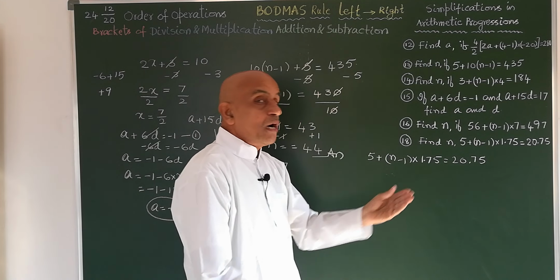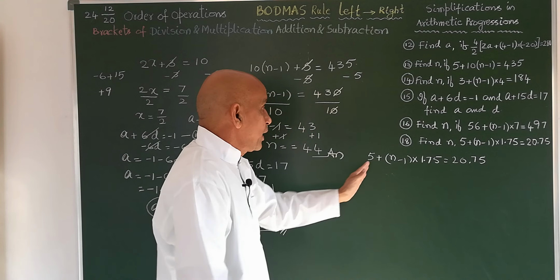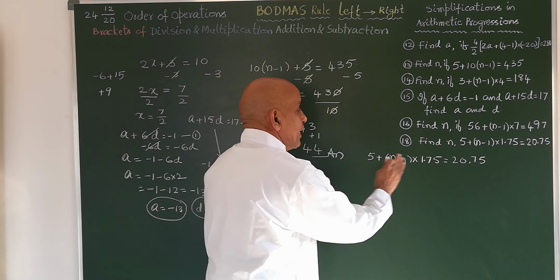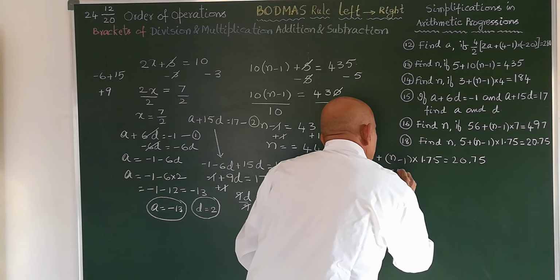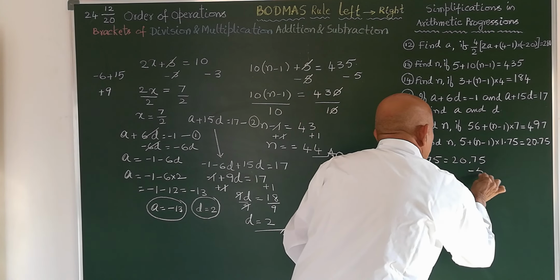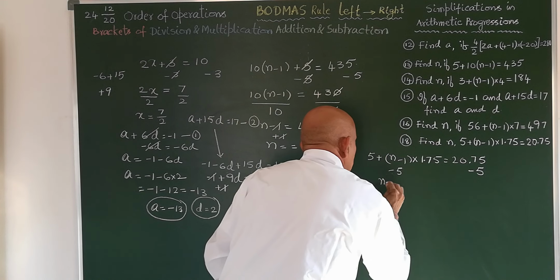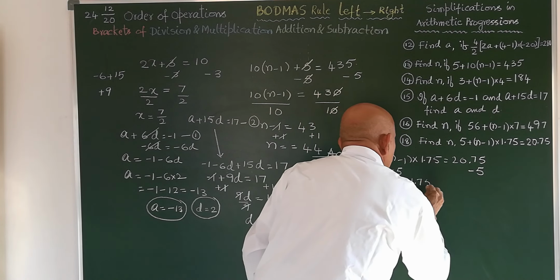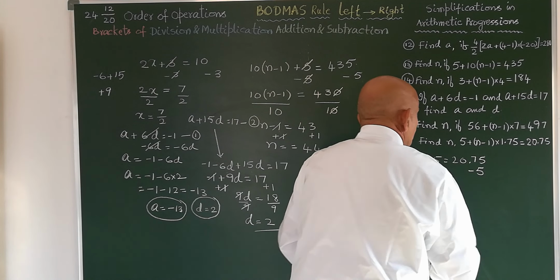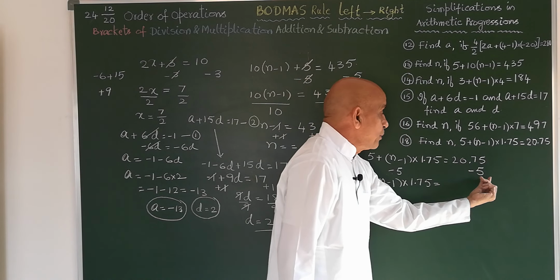So bracket we will come to the last end. Okay, addition. So 5 is added to this, so we will subtract 5 on both sides. Minus 5, minus 5. So this becomes n minus 1 into 1.75 is equal to, now we are subtracting, say